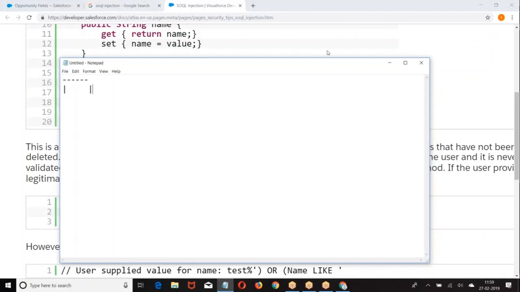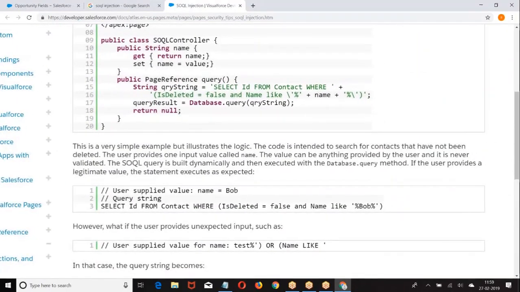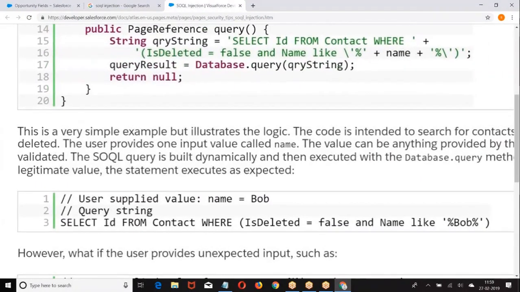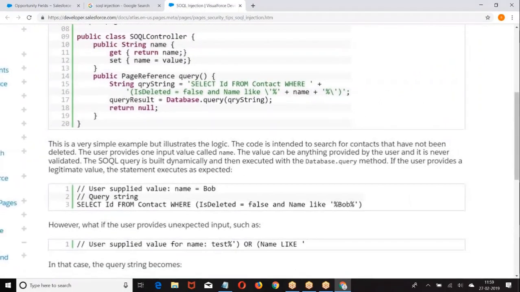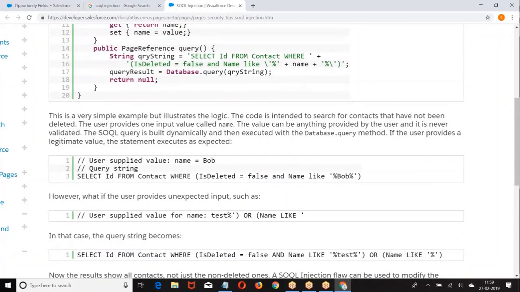So there is a possibility of vulnerability. That's what the people are trying to convey, because it is never validated. We never know whether it's a name or any other code that they have entered. There is a reason the people say: first, don't go for directly introducing the value.